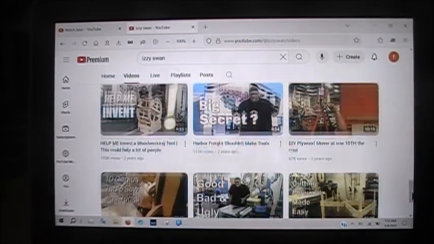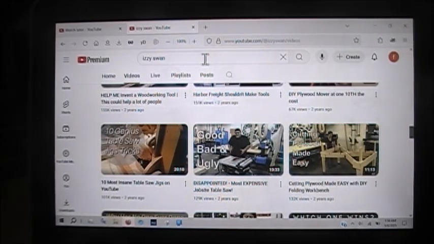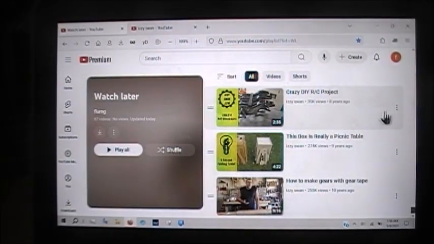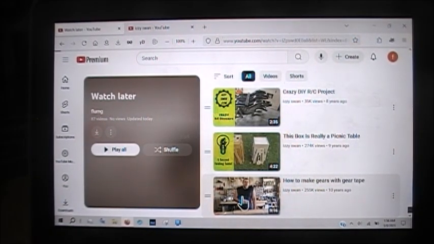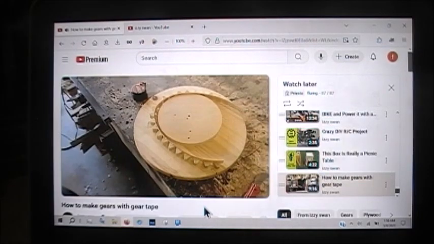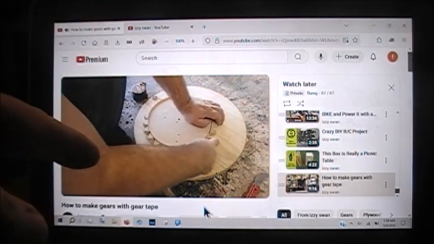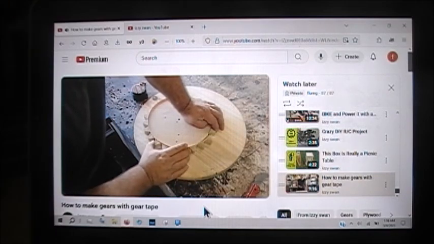Yeah, and actually, like I say, he's almost 500 videos, and to save a little time, instead of searching through all these, I put some of them on my watch later list. Got to start with, where is it, the one, yeah, how to make gears with gear tape. This is kind of interesting. We won't watch the whole thing, but yeah, he's got what he calls gear tape, basically tape with teeth on it. You just wrap it around a round piece of wood, and there you got a gear. And that's just